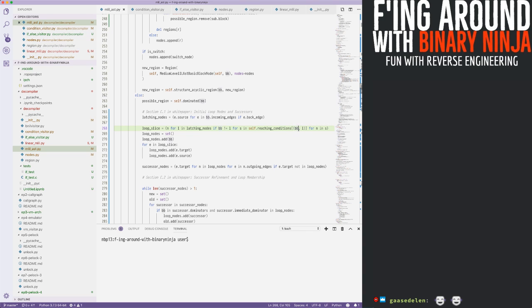Because I was thinking about just replacing reaching conditions with C3 constraints and just being done with it, but it looks like I'm using the reaching conditions. A loop slice. Yeah, I'm using the branches themselves. Okay, so